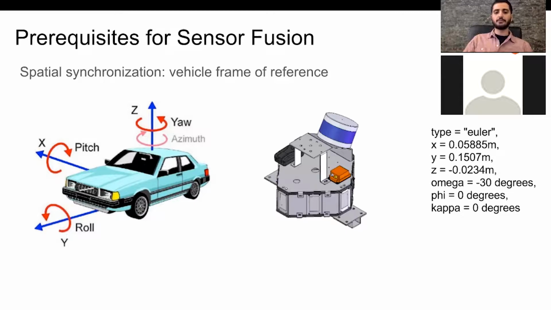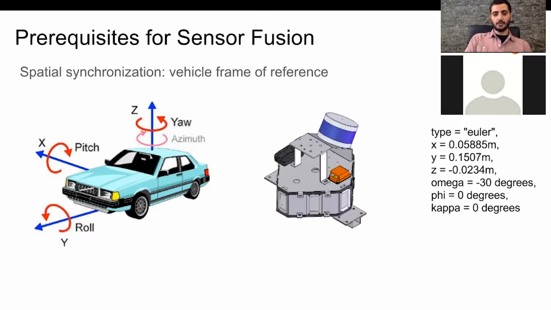We're showing you here on the slide a vehicle with our frame of reference as we use it drawn on top of it. So our x-axis points to the right of the driver, y is going forward, and z is going up. We don't really use roll, pitch, and yaw at Civil Maps. We instead use omega, phi, and kappa as our angles of rotation. And omega is the angle around x, the angle around y is phi, and the angle around z is